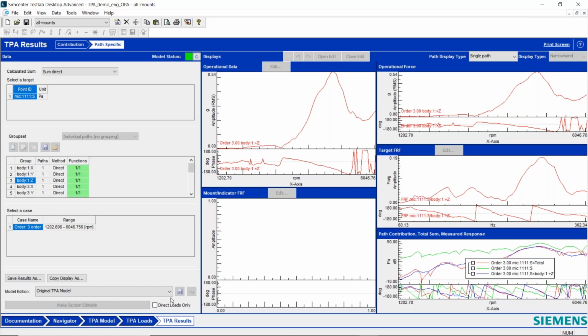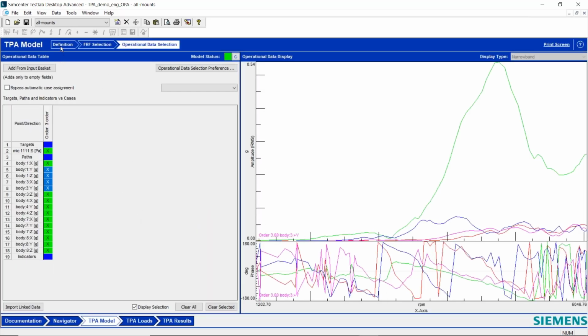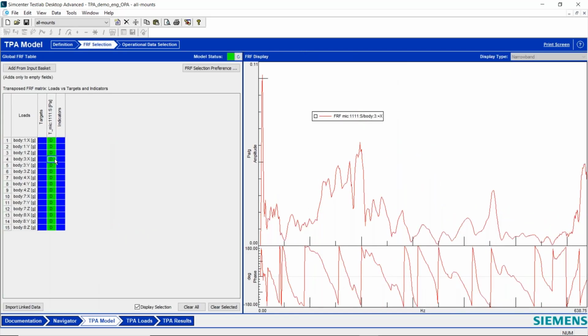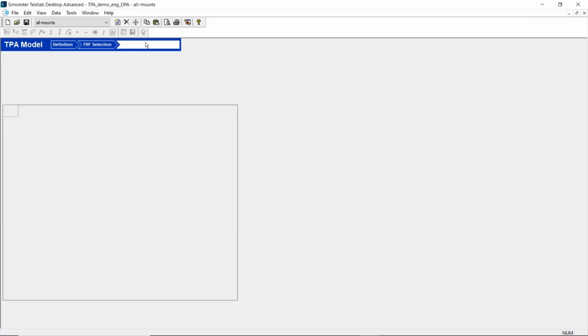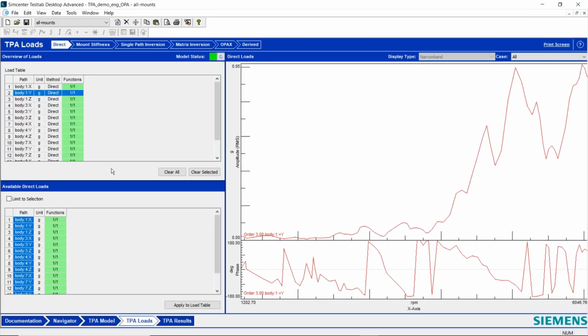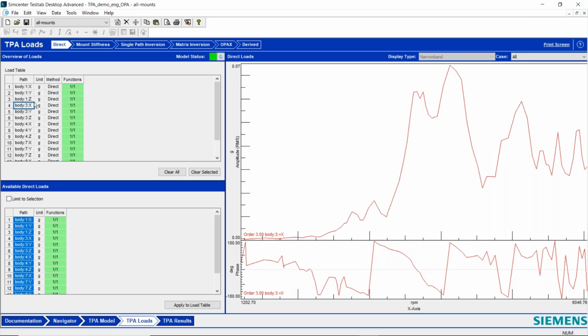The only trick is really when you go to build up the TPA model, you know you have to switch from force to acceleration. You don't need any indicators. Make sure you find the FRFs, and they are either pressure over acceleration or acceleration over acceleration. So they'll show up as unitless. Bring in operational data as acceleration. Use them as direct loads. And then we just multiply these accelerations by the pressure over acceleration transmissibilities and get the partial contributions, and then sum them up.